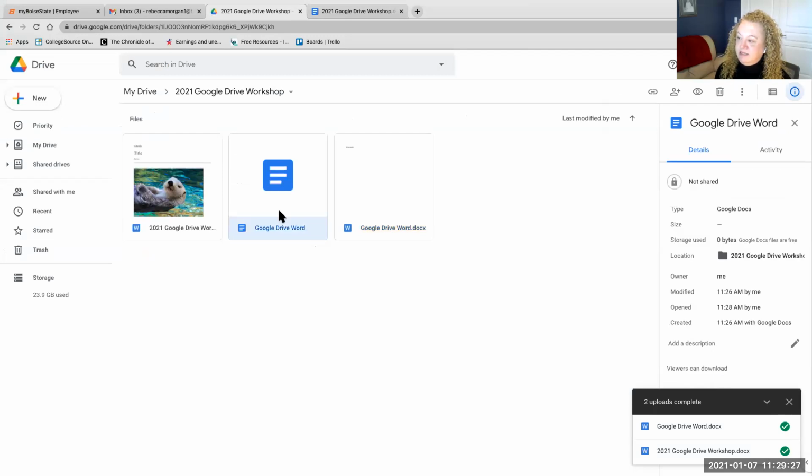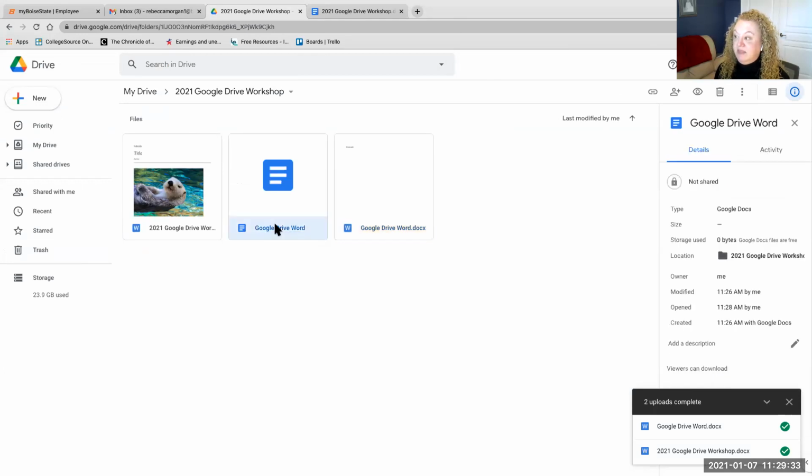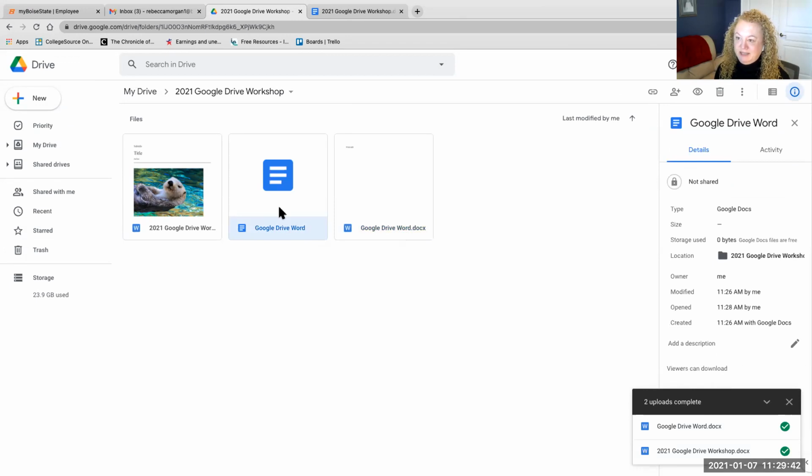So this one right here has nothing on it. These are now two separate documents. So if I were to accidentally submit this one to my professor, even though I've been working on this one, which is done, the professor can look at it and say, it's a blank document. There's nothing on it. You're like, oh, how did I do that? So just make sure that if you're going to do that, you either rename it or you just get rid